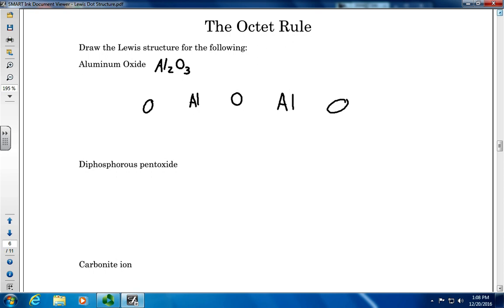Not necessarily true, but you'd have to do a little experimenting with it. Oxygen is not going to want to bond with another oxygen per se. It'd much rather bond with that aluminum because of its metallic nature, because this is a metal and a non-metal. This is an ionic